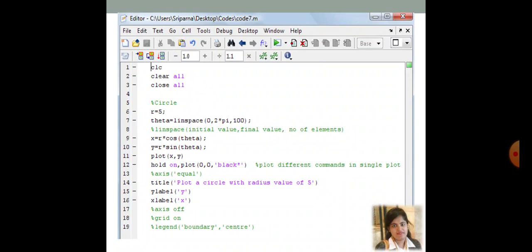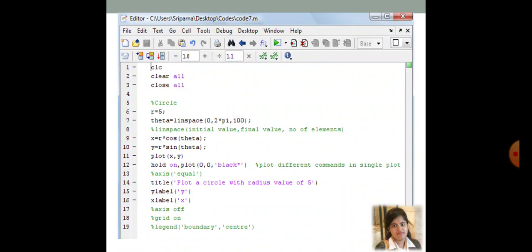I am going to use some difficult ones so that you can understand how different functions are used in MATLAB. In the previous video, code 6, we discussed the linspace function. If you are not accustomed to linspace, please refer to my code 6 video.